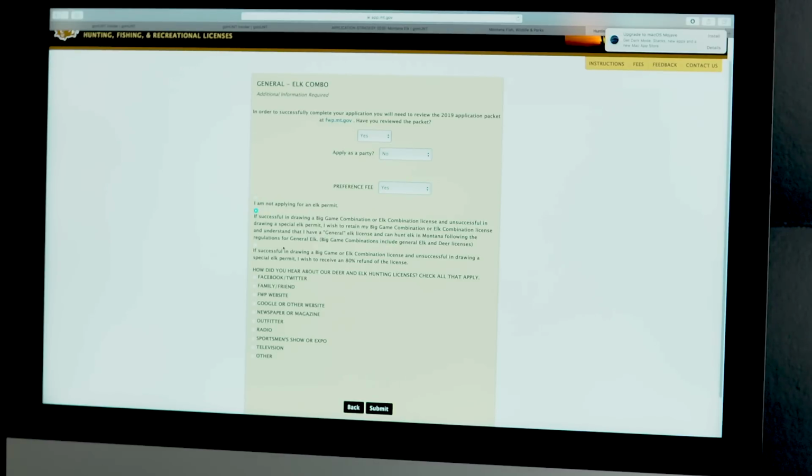So I'm going to select that. My other option is if I'm successful in drawing the elk combination license, but I don't draw the special permit, I can get a refund, but only 80%. So they're going to charge me $160-ish if I want a refund of that elk combination license. So if you want to apply for an elk permit, but you don't draw it, you have to forfeit 20% of your elk combination license, the $885 license, if you don't want to go and hunt on that license this